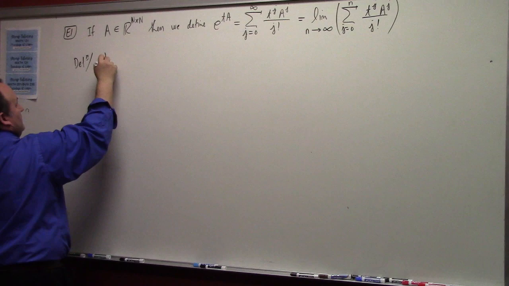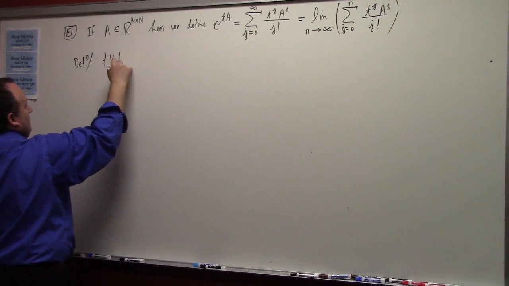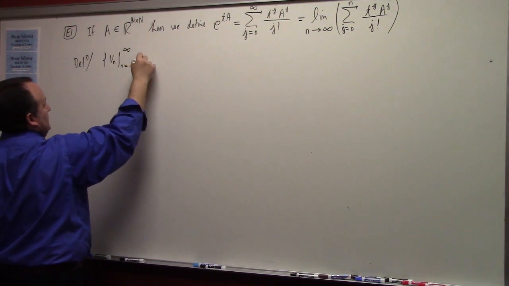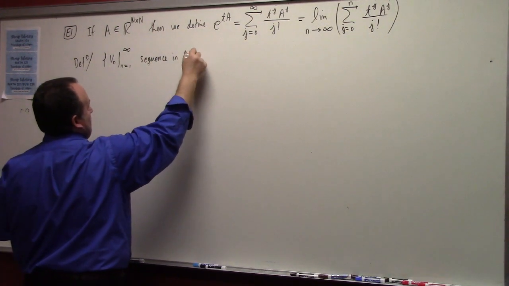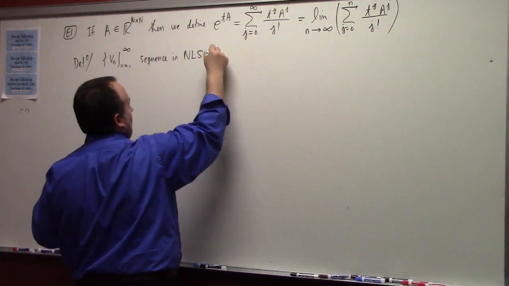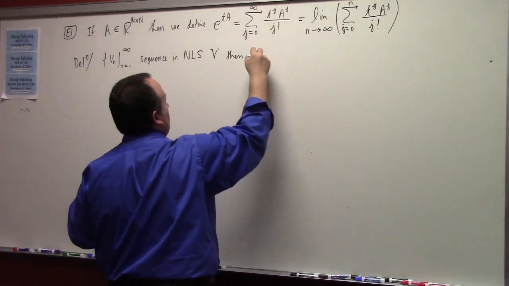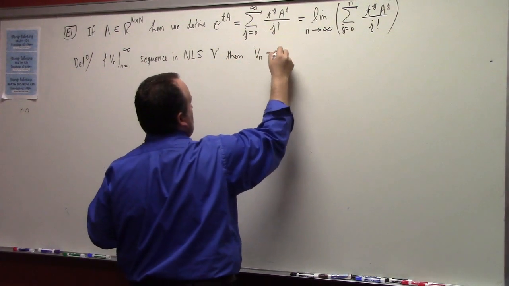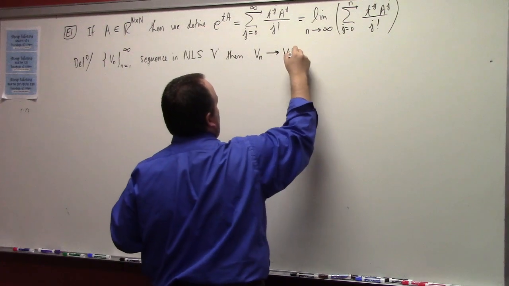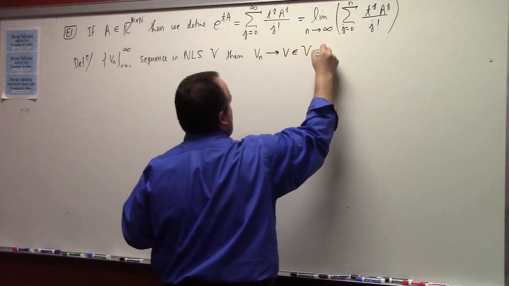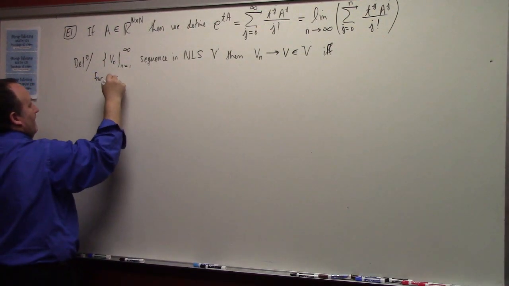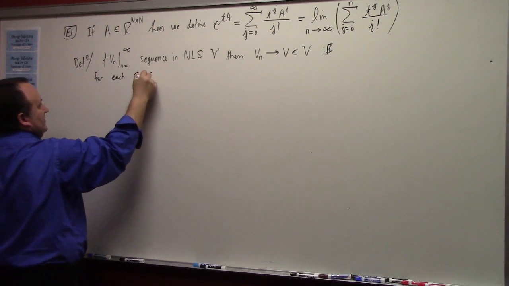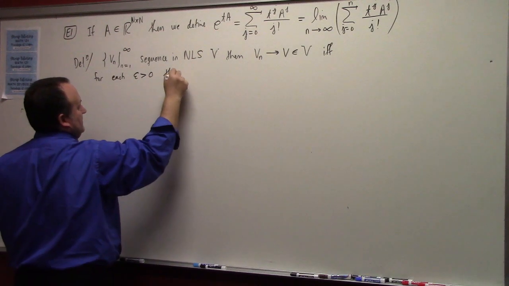If we've got v sub n, n equals 1 to infinity, a sequence in a normed linear space V, then Vn goes to, let's say, V in V, if and only if what? For each epsilon greater than 0, there exists